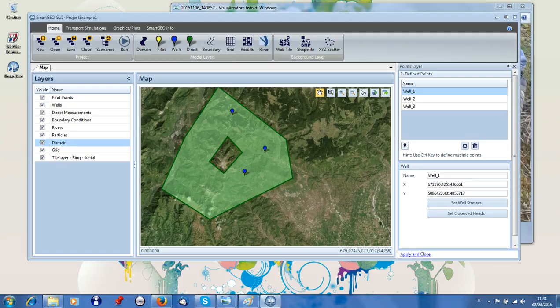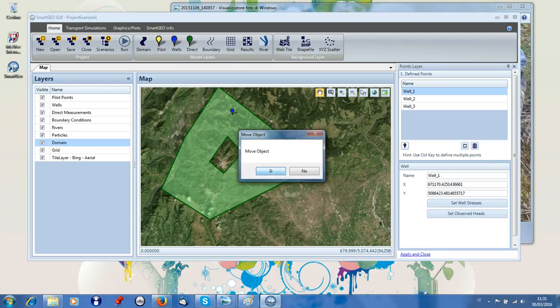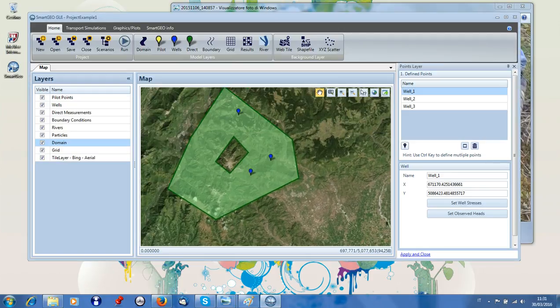If we select the point by left clicking, we can move the point, and if we select the point by right clicking, you can see that the corresponding name is selected in the property table, and we can edit the